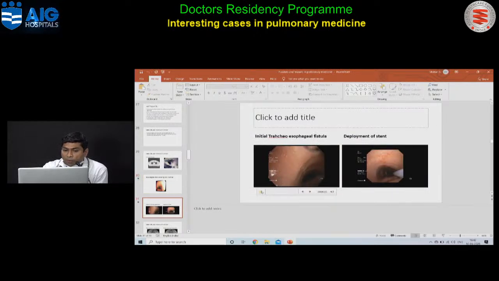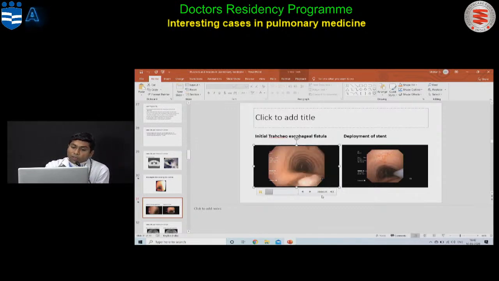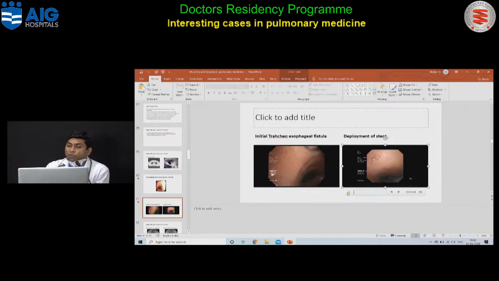In this patient, I'll just show you a small video which shows the fistula. This is the bronchoscopic video. You can see that this patient's fistula is clearly seen on the posterior wall. We were able to go into the esophagus freely from the tracheal lumen. And since this patient had a large fistula in the posterior wall of the trachea, we put a stent into this patient's tracheal lumen.